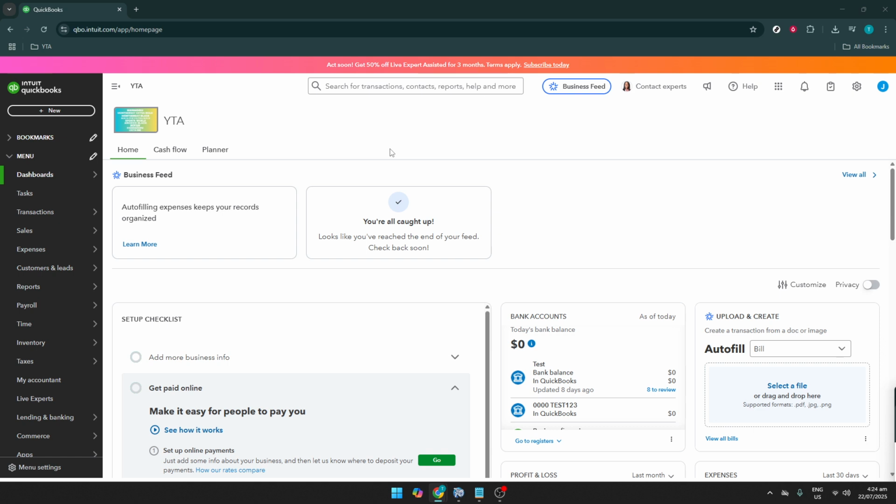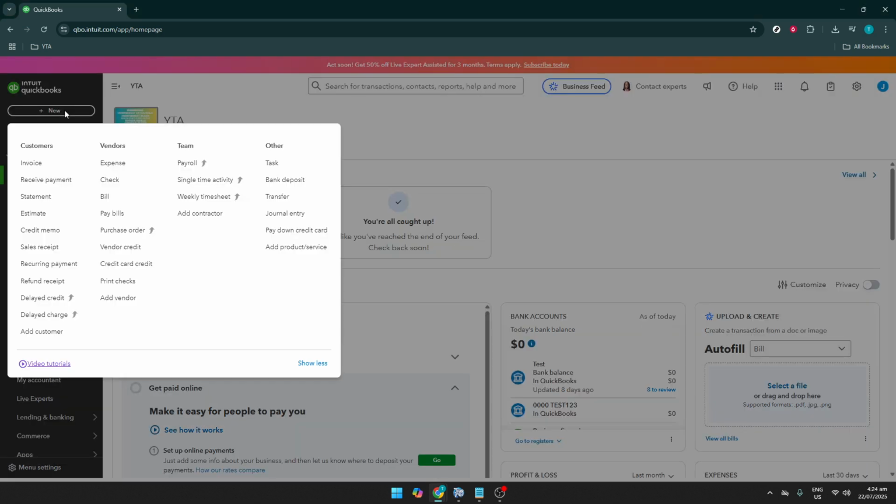Next, you'll want to locate the New button. This button is essential for creating new entries in QuickBooks, from invoices to vendors. Click on it, and a drop-down menu will appear with various options for adding new items. Select Add Vendor. This will start the process of entering the details of the new vendor you wish to add